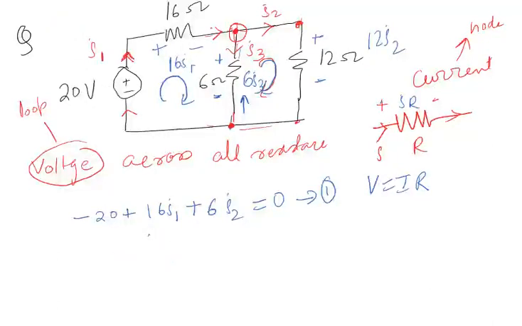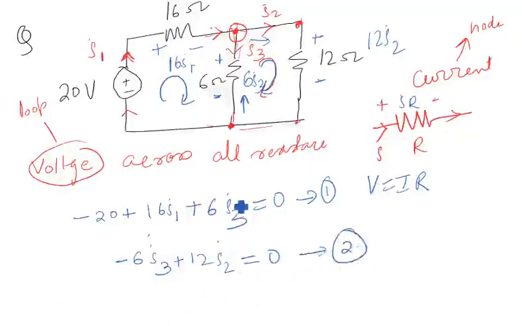Okay, I have done a mistake here. It should be i3, 6i3, right? So I'm moving from here, and then I will move like this, blue sign. So this will be minus 6i3, minus 6i3 plus 12i2 equal to 0. So move, path completed, whole completed. Okay, this is path number 2.